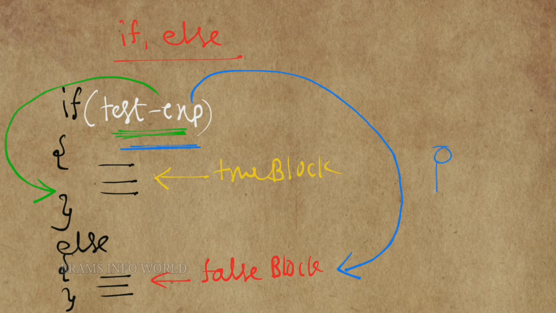For example, you are going to a shop. Going to the shop is nothing but program flow. If you have money, then you are going to buy the product, or if you are satisfied with the product, then you are going to buy the product. If you are not satisfied with the product, you are not buying the product. That is simple. Whenever we need to perform a particular action based on true or false, we have to use this if else statement, or we can also call it a two-way decision statement. If the test expression is true, some statements are executed. If the test expression is false, some statements are executed.